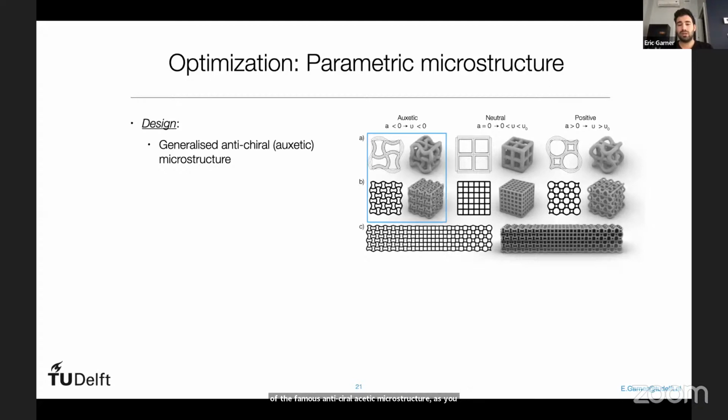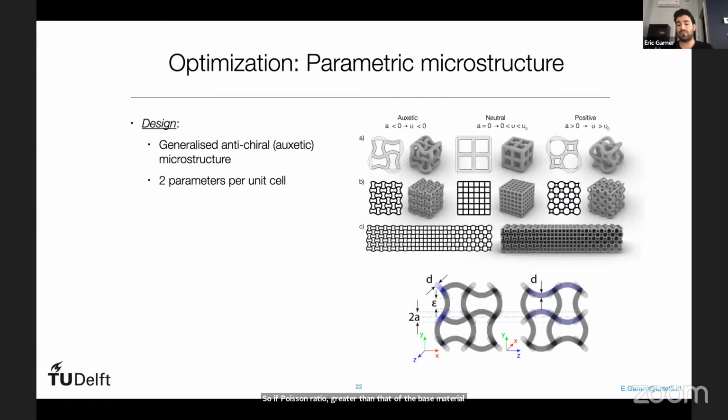As you see on the left here, you have the classic antichiral structure where you have a negative Poisson ratio. Now, there's a sort of amplitude, as you see in the waveform. If you were to change this amplitude to, let's say, 0, you can get a sort of neutral microstructure. And if you were to further change it by flipping one of the two waves in 2D, or one of the three in 3D, you end up with a sort of hyper-positive Poisson ratio, so a Poisson ratio greater than that of the base material. Now, if we add a second parameter, let's say the diameter of the waveforms, you can change the stiffness as well. One benefit of this structure is that it's open cell and you can get very good connectivity guaranteed between